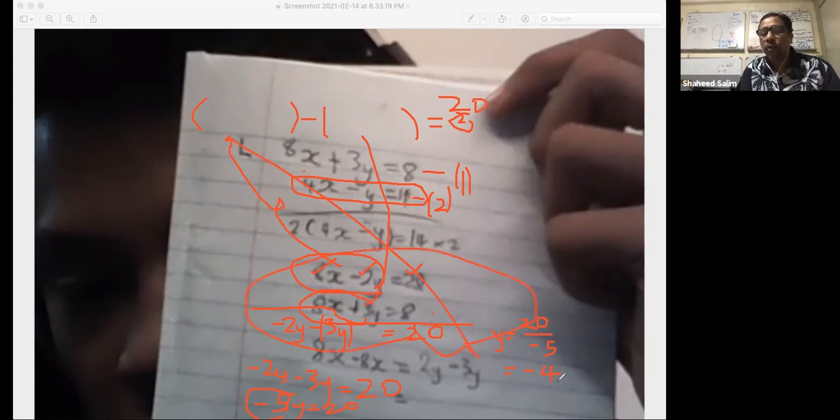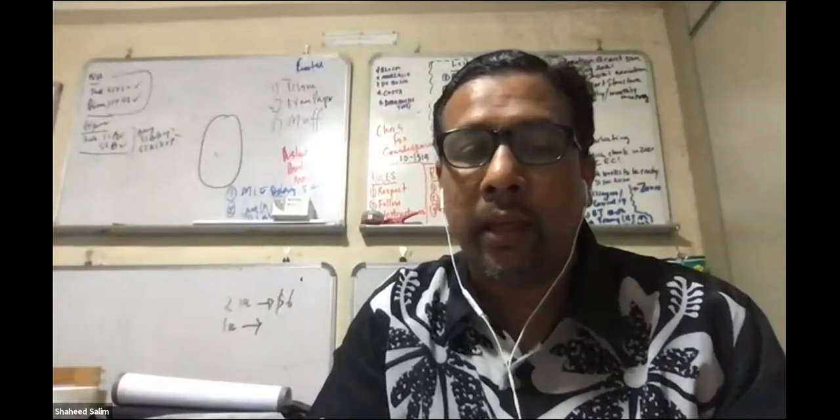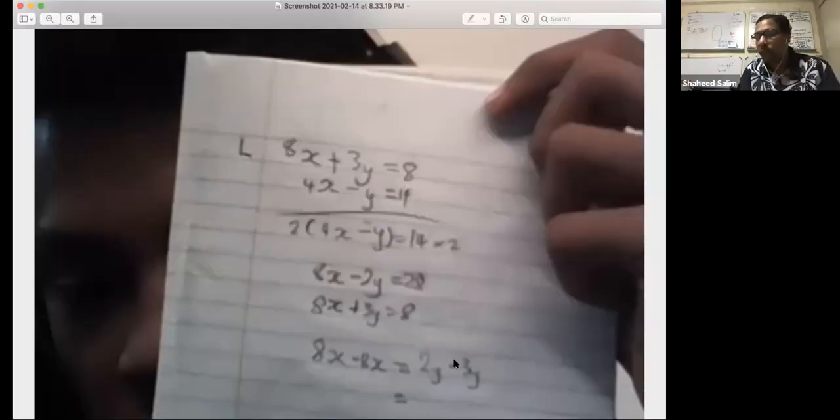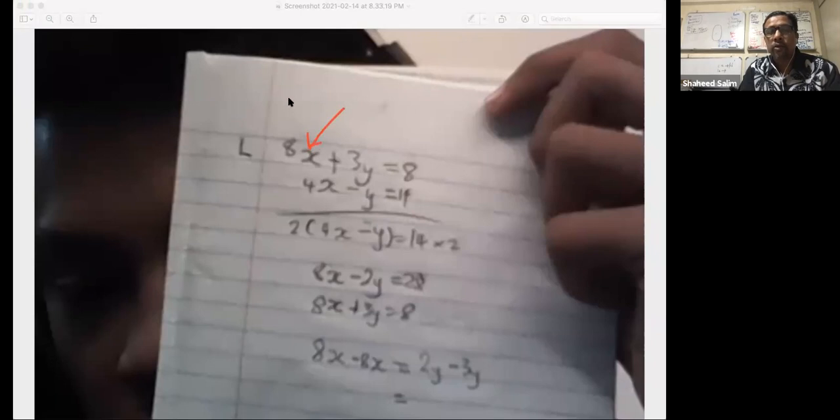Substitute this value into one of the equations. So you know x equals to minus 4 now. So substitute inside one of these. You put the minus 4 inside one of these and then you can find. Can you put the minus 4 inside? Let's say now you put minus 4 inside here. Let's see. So you just write 8. x is minus 4, right? Yeah, put minus 4. Then now here plus 3y